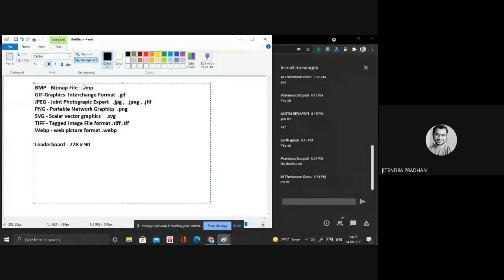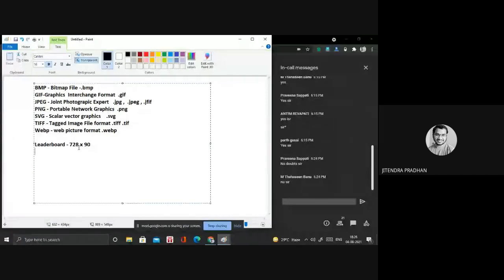If you're using a mobile device like MI or Samsung, it's around 520 or 7-something width. According to that, we design the leaderboard. So 728 is the width and 90 is the height.